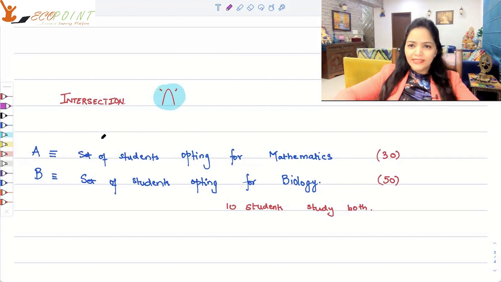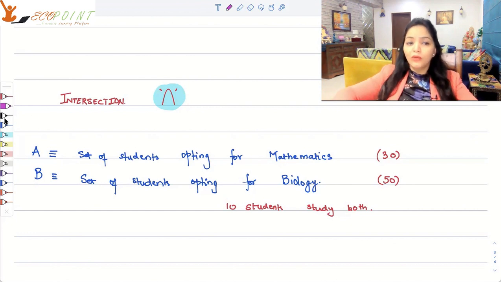And to understand what exactly intersection means, I'm going to take you back to my very first example. Suppose A is a set of students in your science section who are opting for mathematics, and B is the set of students who are opting for biology. Now, this time, suppose your school is offering that students can opt for both the subjects as well. And suppose there are 10 such students who are opting for both mathematics as well as biology. So out of the 30 students who are opting for mathematics, 10 students are such who are actually opting for biology also. Out of the 50 students who are opting for biology, 10 students are such who are opting for